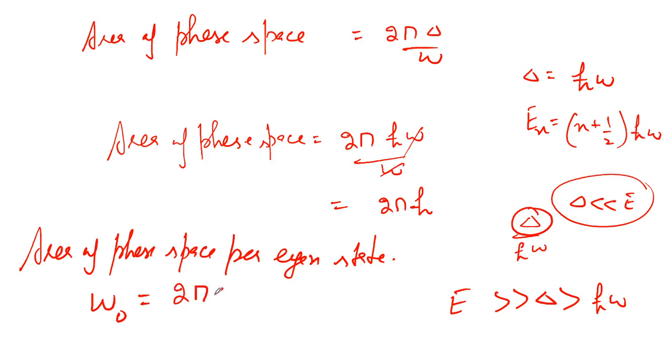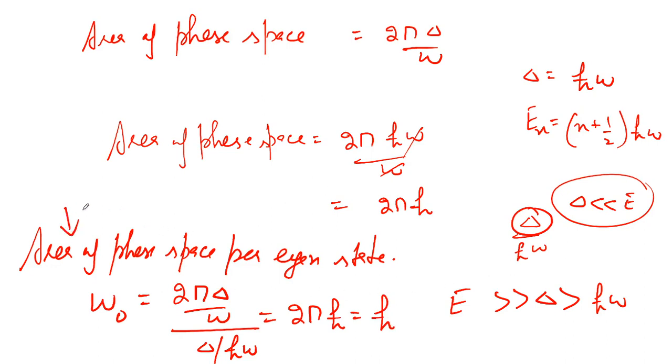So that comes out to be 2 pi delta over omega divided by delta over h bar omega. So this comes out to be 2 pi h bar, which is of the order of h. So this is for one particle moving with 1 degree of freedom,